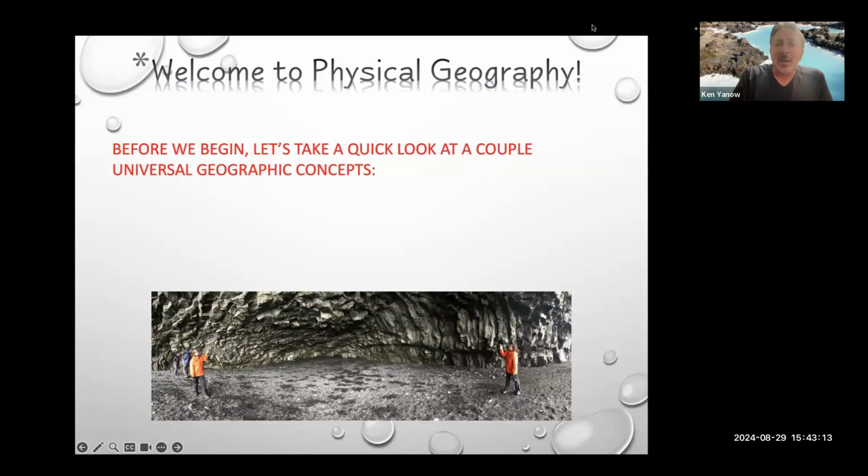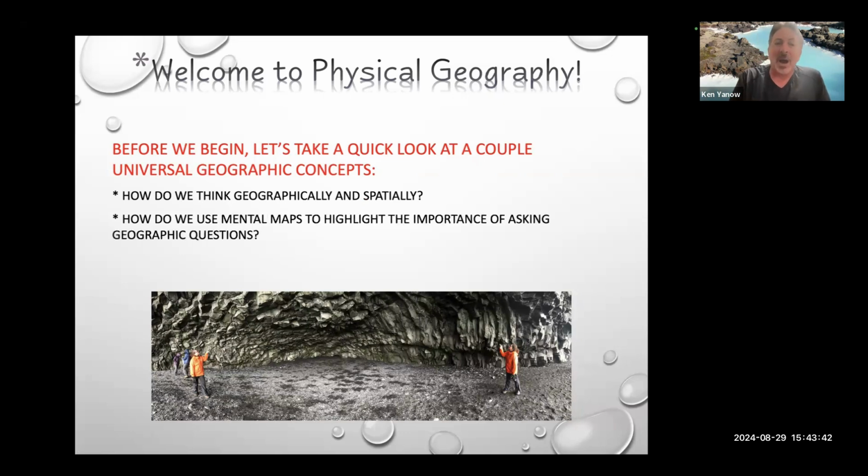When you take a look at things like climate change and ask, well, where is climate change actually coming from? Well, we're going to take a look at physical geography because one can't go without the other. So when we take a look at geographic concepts, those are really important to what we want to talk about in terms of physical geography. So how do we think geographically? How do we think spatially? Very important questions in physical geography.